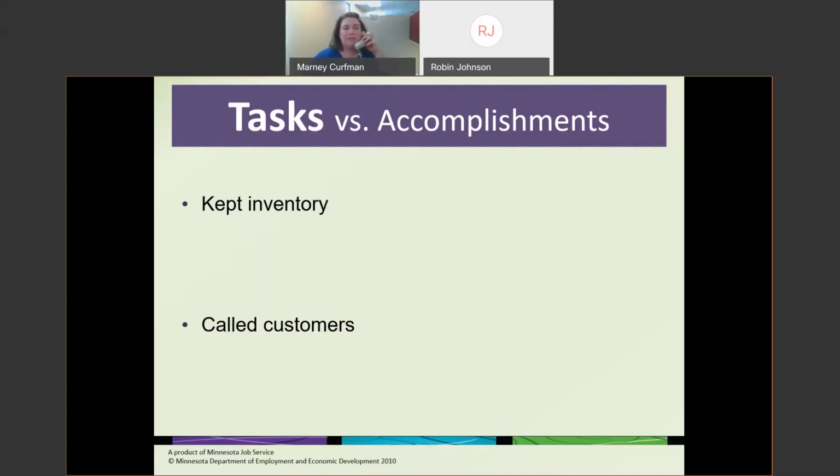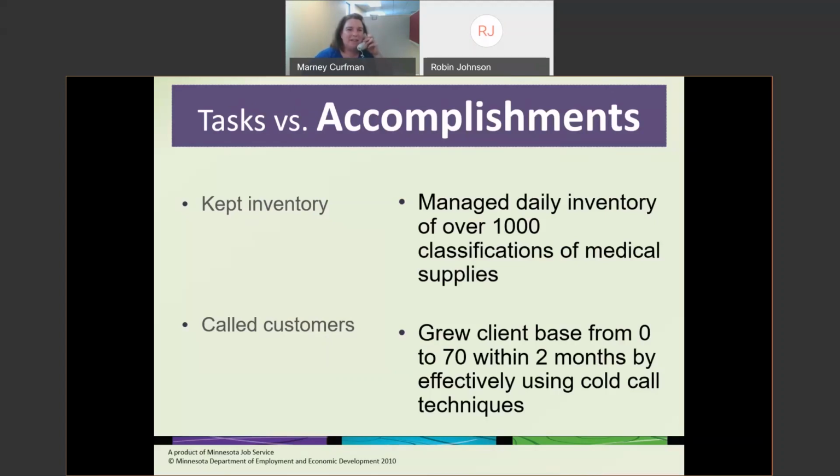Do you have to call vendors? Do you have to call companies that you pay your bills to? Have you called people before, and have you kept an inventory of things before? I bet you have. So give yourself kind of an idea of what you might do as far as an accomplishment statement. And I do recognize that we have 1 minute to 11 here, and we have about 6 slides left. So try adding